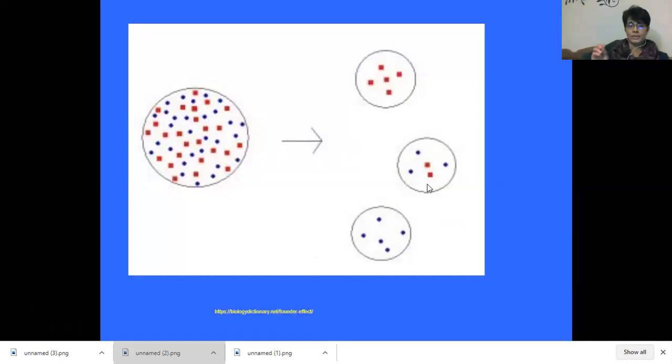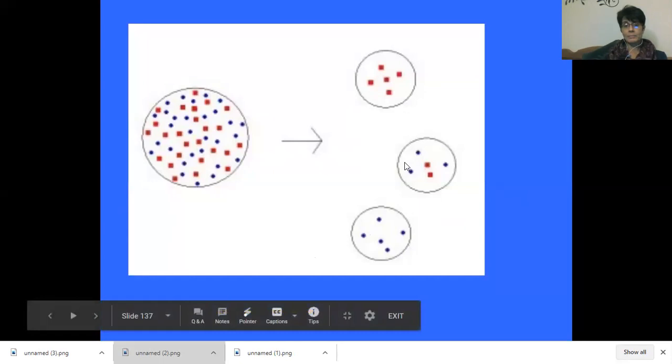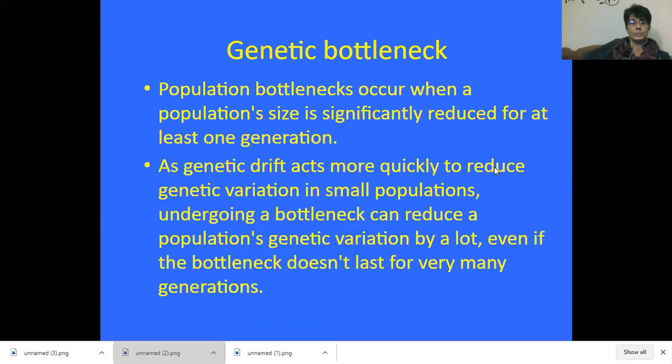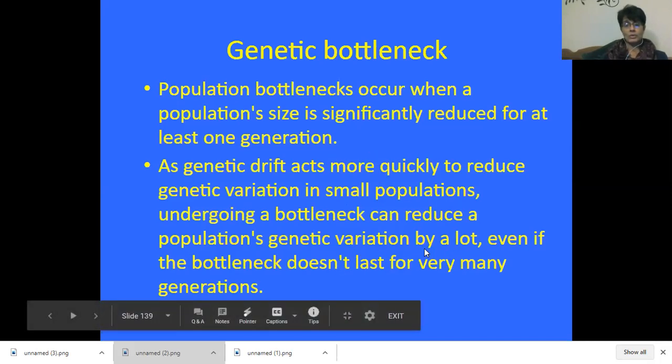Which one becomes more common depends on what was originally present in the small population that broke away. So both of them reduce the size of the population and could result in less variation, because there you've got only the red alleles, here only blue, and here still a mixture of both, but who knows what's going to happen in the future. So genetic bottlenecking is also a reduction in population size, but it usually doesn't last for such a long time, and it could be due to some kind of environmental disturbance. The variation can be reduced by a lot, and then it can recover quite quickly,